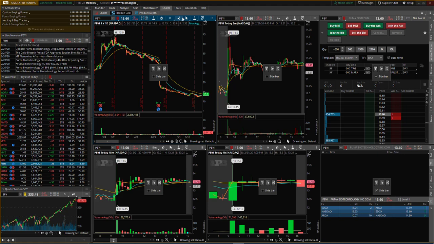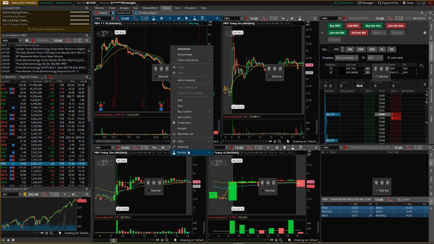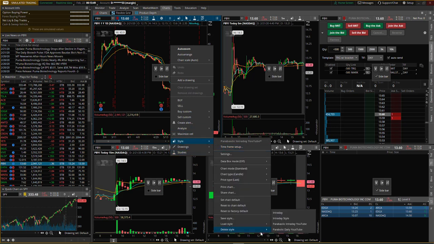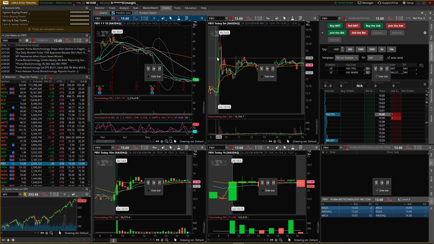And the reason I like doing this, typically this is how I would have my charts if I wasn't using it for opening range. Like I'll change this to a 2 minute, right? So we can go here, we can do style, load style, daily YouTube. So now look, we've got our daily chart. So at any point, if I want to,